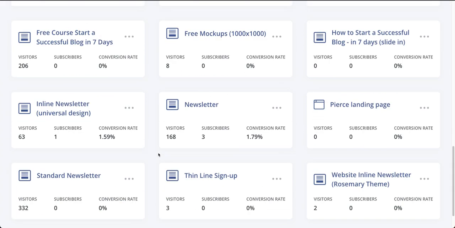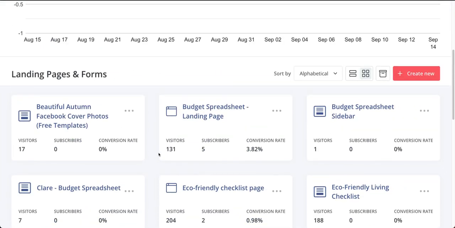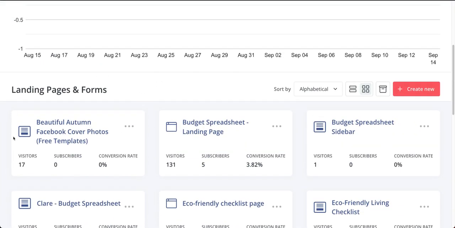So I need to go through these and kind of tidy that up. But when you have a form, this is what the little icon looks like. And then for our landing page, this is what this looks like. So checking out the form here,